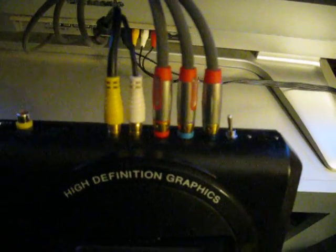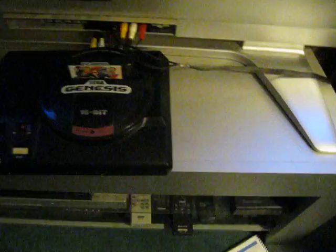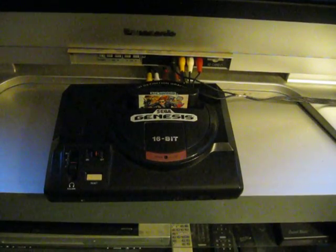Okay, plug blue into blue, green into green, and red into red. There we go. And the result is what you see right here. A mess of cables coming out of the Sega Genesis, and this will allow it to be component. Alright, so now I have to actually change the video input